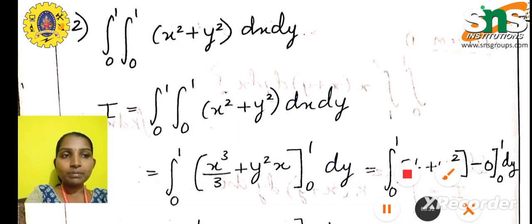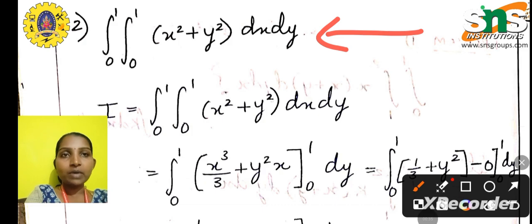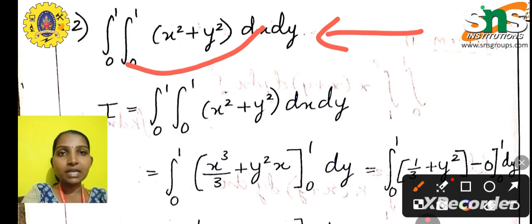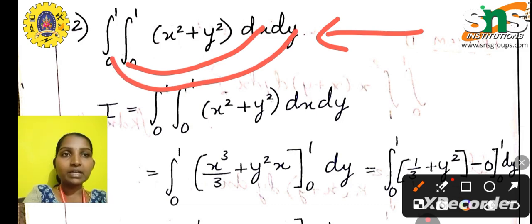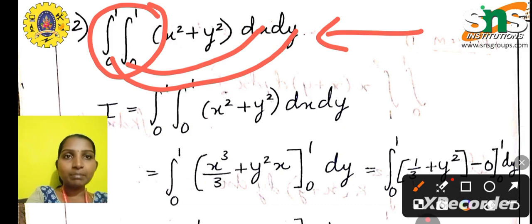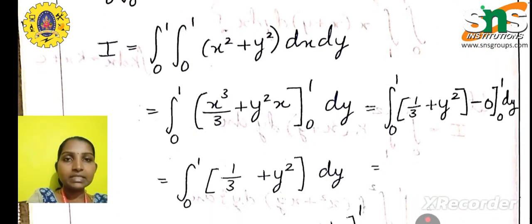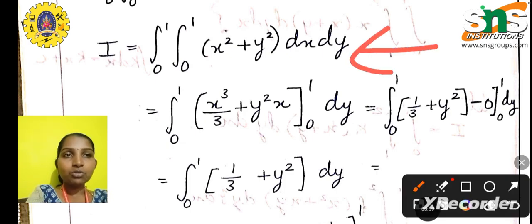Now, your problem is the double integral from 0 to 1 of x squared plus y squared into dx dy. As discussed, the inner limit will be for x and the outer limit will be for y. Since we have got only numerical values in the limits, we will apply it this way. Now, what is our I? I is the given integral: integral 0 to 1, integral 0 to 1, x squared plus y squared into dx dy,